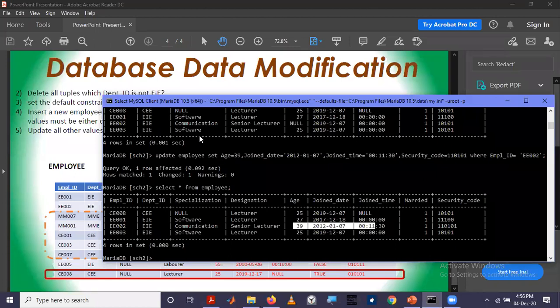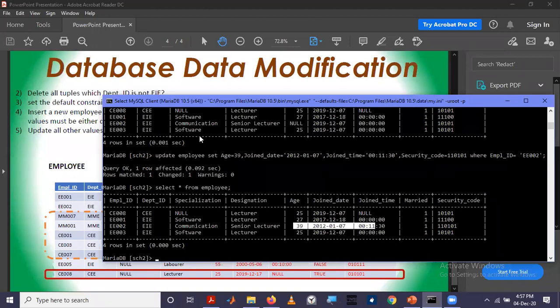Now in the lectures, we were discussing data dependencies. In data dependencies, I discussed several dependencies. The first one was the functional dependency. The second one was the transitive dependency. The third one was the multi-valued dependency. Based on these dependencies, there are database normalization forms, that means normal forms.